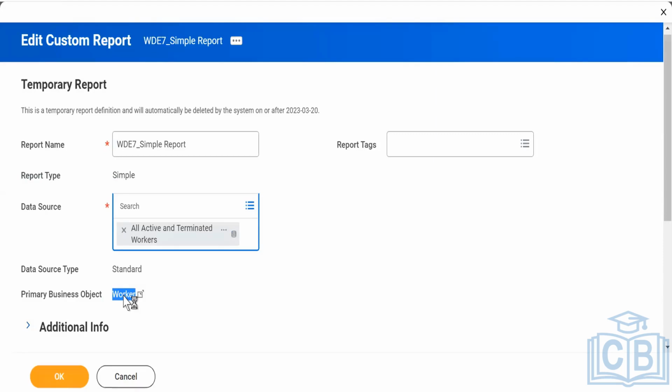Is there anybody who has a confusion? Primary business object, is it selected by default or have we selected it? Tell me how that value has come. I have explained this. Since we have selected this data source,